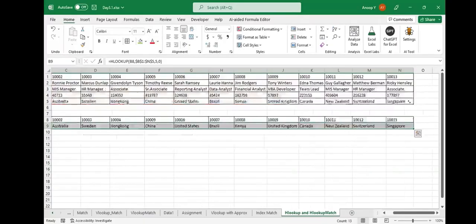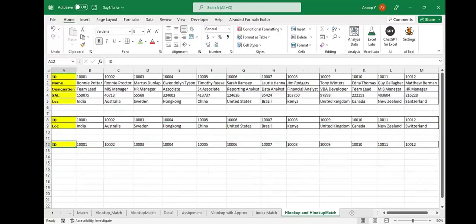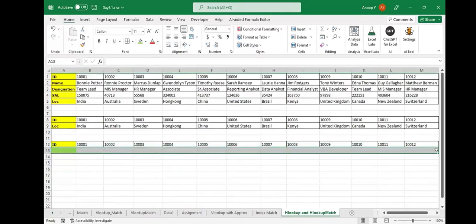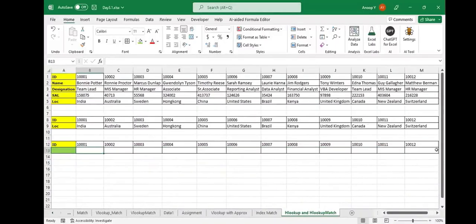Now, here I have just given you this ID, okay? And now in this cell, whatever header I mention, I need the data for that, okay? For example, if I mention the designation, the designation should populate. If I mention the name, the name should populate, and so on. So suppose I'm mentioning the name here, okay? So I will use the